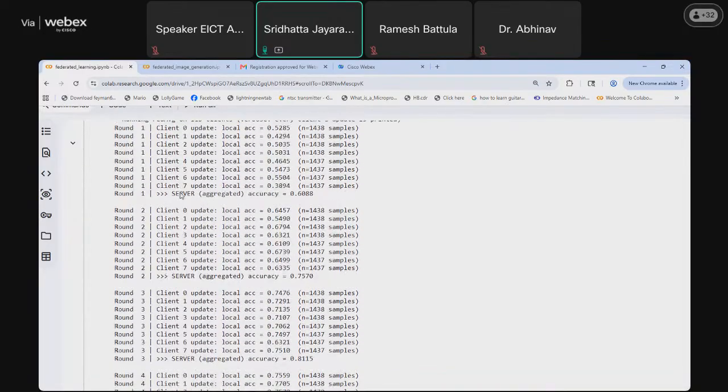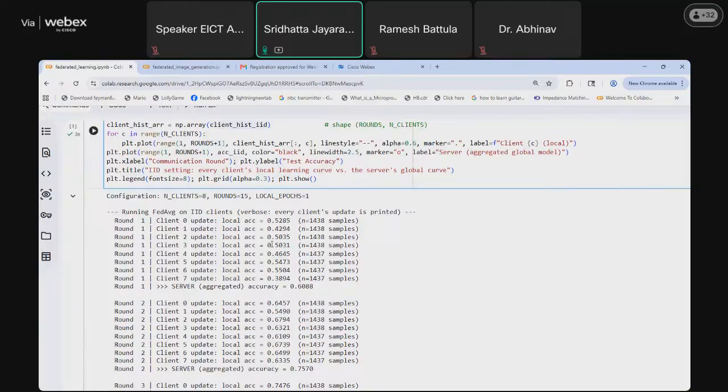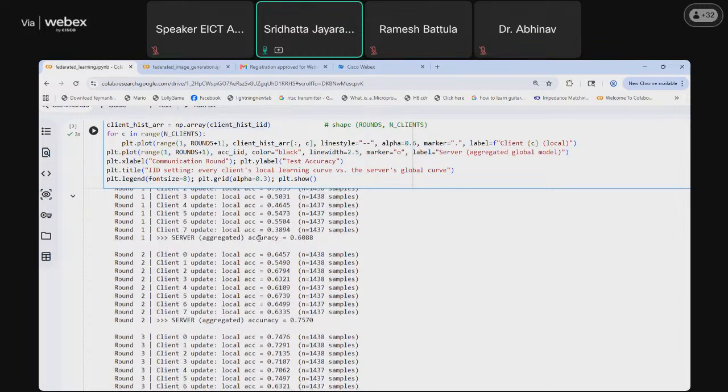So at the beginning round, all the clients had accuracy in the 52%, 42% range, like 50, with the lowest being 38. And our server had an accuracy of 60%.